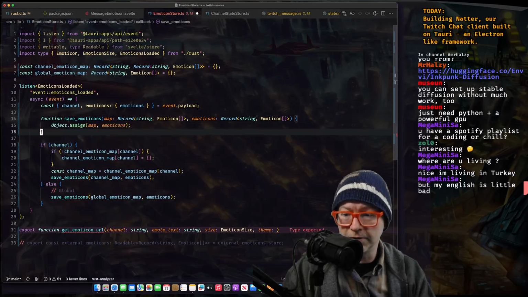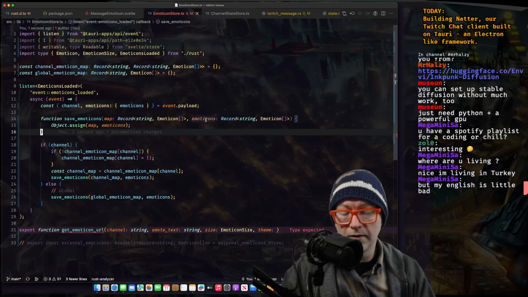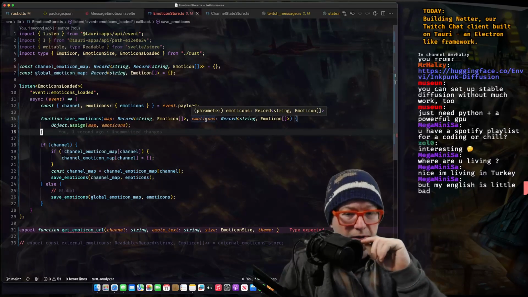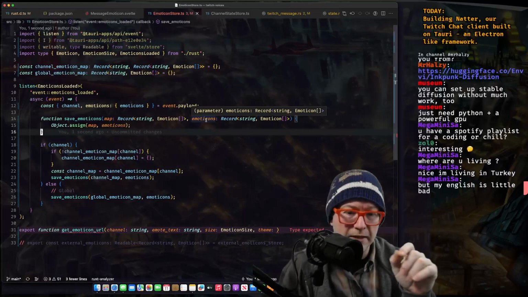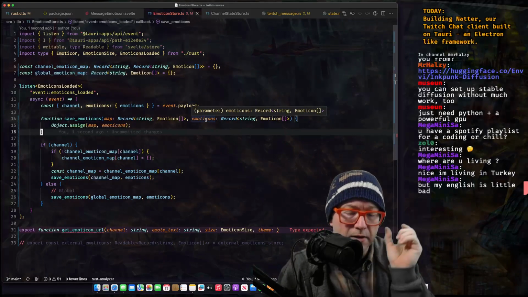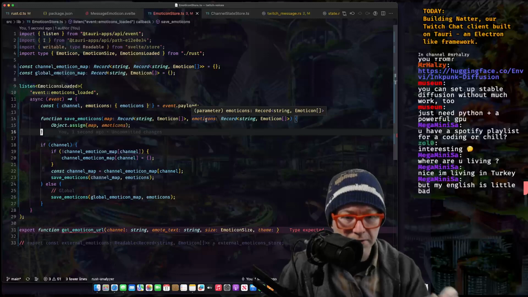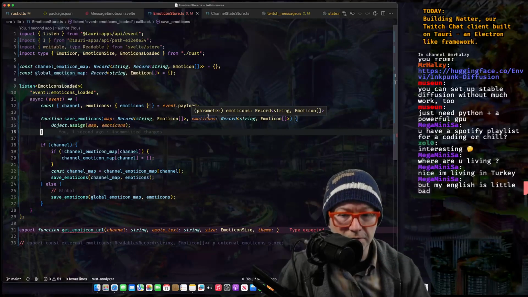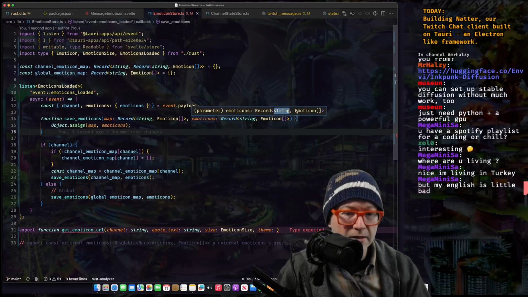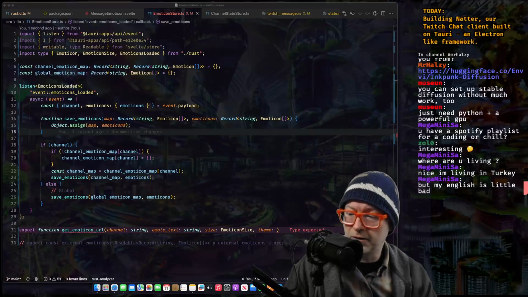And boom, done, right? What this emoticons record represents is the text that represents the emoticon as the key, or as the first generic parameter here. And then the second one is the data. So any one of these emoticons that we use, like this.